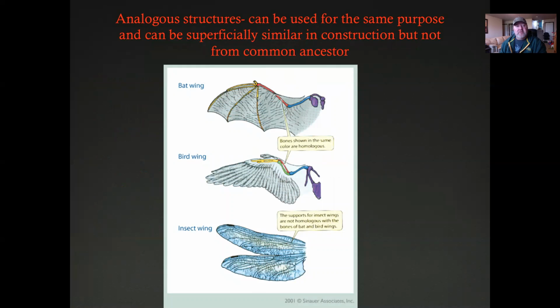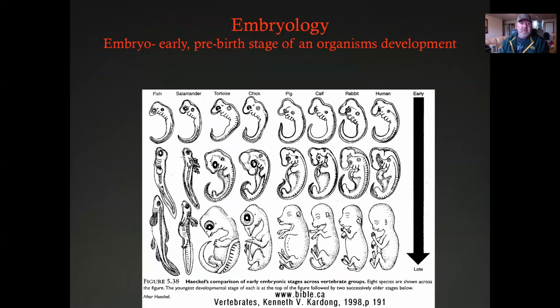Analogous structures is a little bit different. This is what organisms use for the same function, right? So birds would use a wing for flying. Well, bats are mammals, and they use wings for flying, and insects have wings and they use their wings for flying, right? So now we're not necessarily talking about where physically those things are located on the organism, but rather the function that it performs, okay?